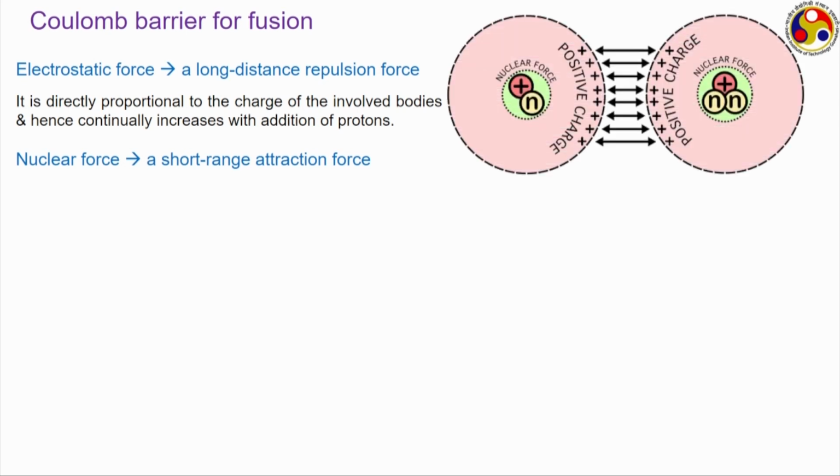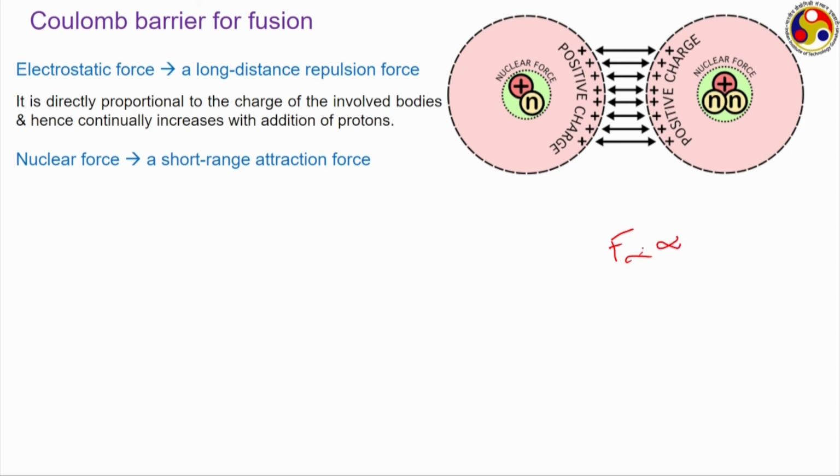This is the electrostatic force, and as we are talking about reaction between one deuterium nucleus and one tritium nucleus, both of them are electrically positive because deuterium contains one proton, so does tritium. So, both of them contain one unit of positive charge, and hence there will be a strong electrostatic force that acts between them. And as they come closer to each other, or the distance between their centers keeps on decreasing, that is r keeps on decreasing,